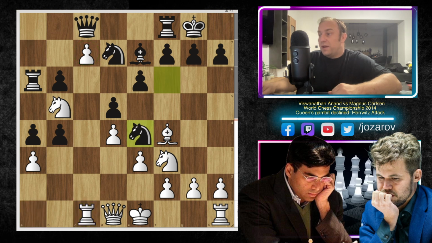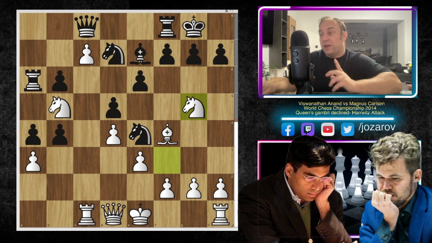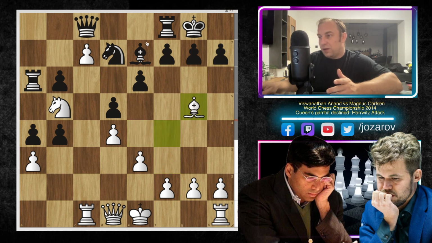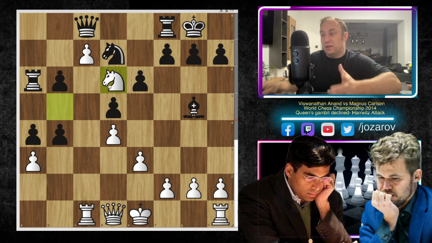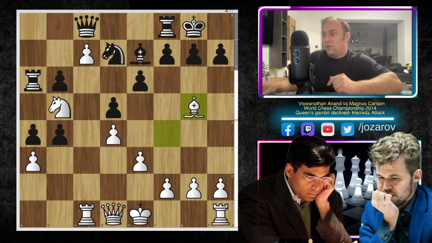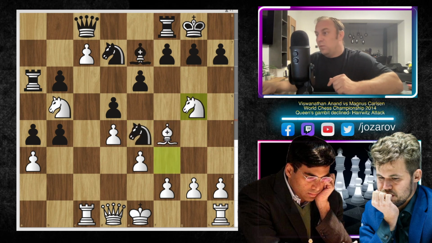We have knight to e4, and now a brilliant move, which I played also several times in different positions, this tactical maneuver, because you can actually play the move knight to g5. It's a sacrificing idea, but the d6 square is something that we really want to occupy in the continuation of the game, because in this scenario, let's see, knight to g5, bishop takes g5, here bishop takes g5, you can play this one, knight to d6, and then the queen has to move, and then we can promote to c8. So we really want to deflect this bishop from the defense of the d6 square. That's the main tactical goal of our Harrwitz Attack continuation. So that's for the move knight to g5.